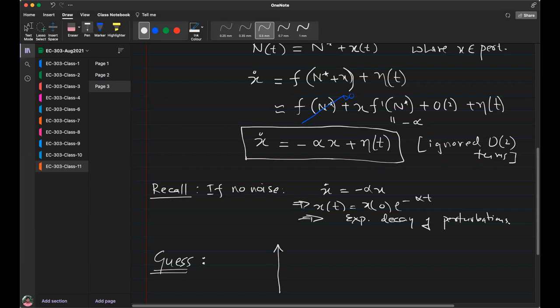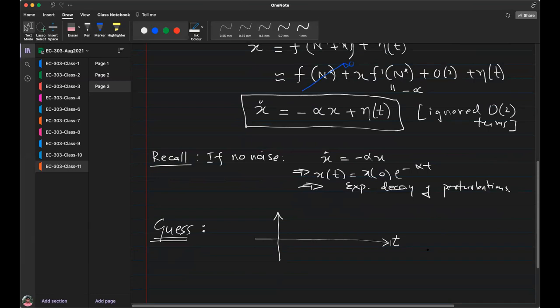Okay, so this is the y-axis. This is time t. And where is 0? 0 is here. Let us say, in fact, I started at 0. Say the perturbation was 0, I was exactly at the equilibrium. That means now the first term is just 0. What do I have now? x dot is equal to eta of t. That means the rate of change is some random function, right? What will that do intuitively if I am at 0? It will fluctuate around 0. It will make me go away, right?